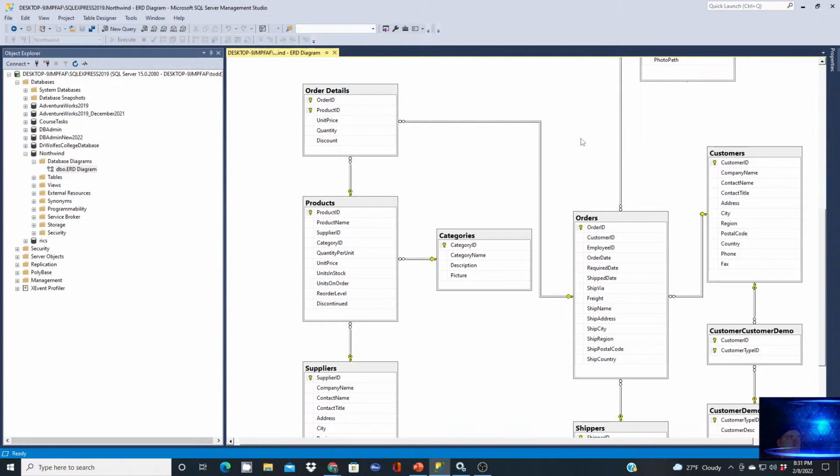So in a relational database, your data is broken down across many tables. And the concepts of primary keys and foreign keys are going to be very important to understand as you get more in depth with your SQL queries. Starting out with basic SQL queries and the basic select statement, you're not going to need to worry about your joins and your primary and foreign keys yet,